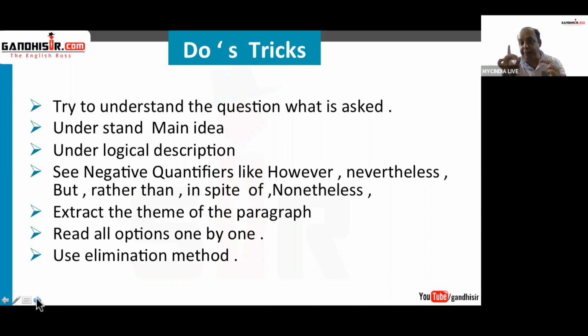एक ऑप्शन बाद में पढ़नी है, not on the very first stage, and use elimination method. आपको choose नहीं करना है, you are supposed to eliminate the options. अब mostly answer किस form में होगा? I am talking again and again, main idea. वो जो main idea है, अगर आपने उसको समझ लिया, understood, it means if you have understood that main idea,